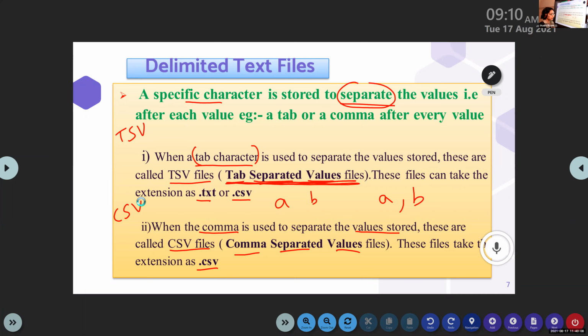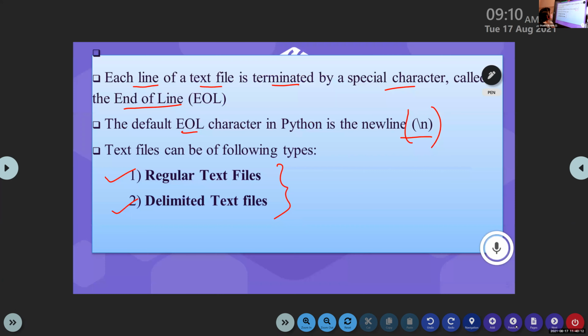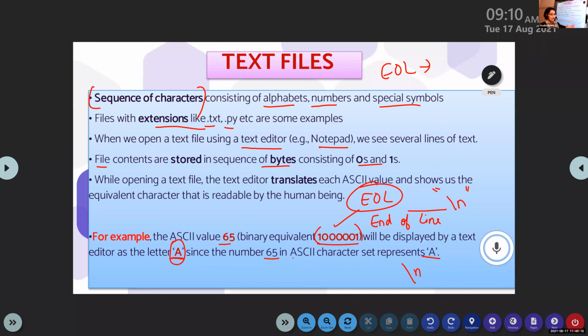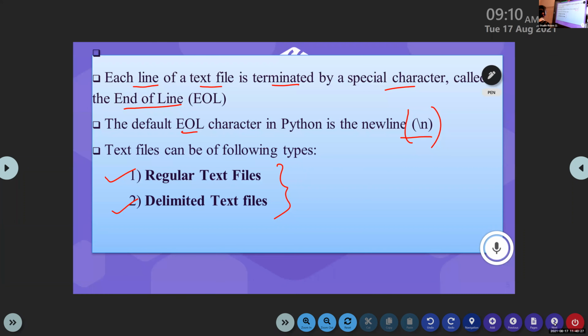What is a text file? It consists of human readable characters, and at the end of each line there is a special end of line character. After that, we learned there are two types of text files: the regular text file and the delimited text file.